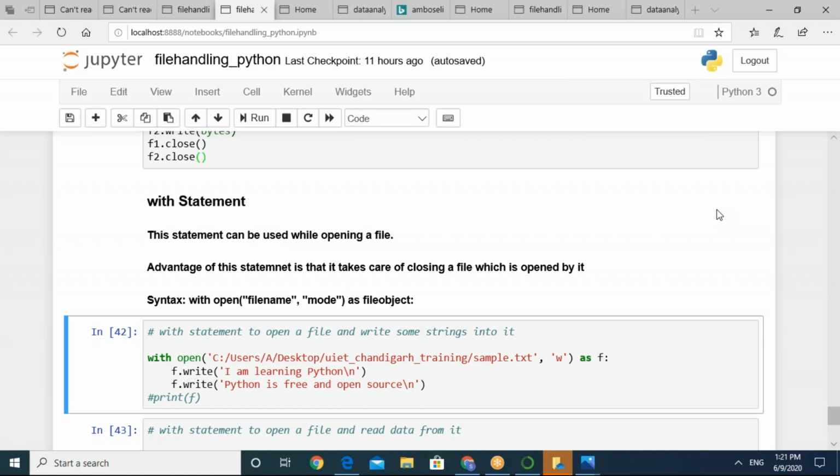So just respond in the chat window. How many of you are able to run the code? You can observe over here that I haven't closed the file handler.